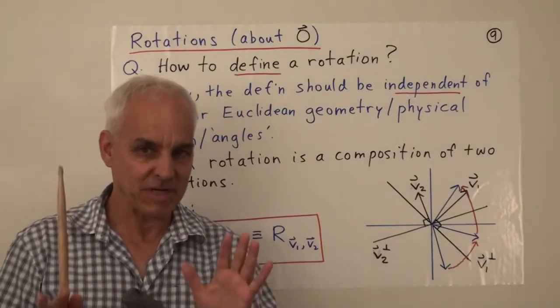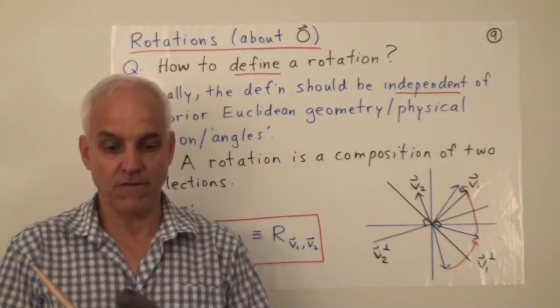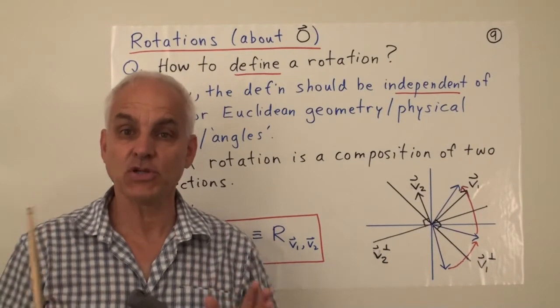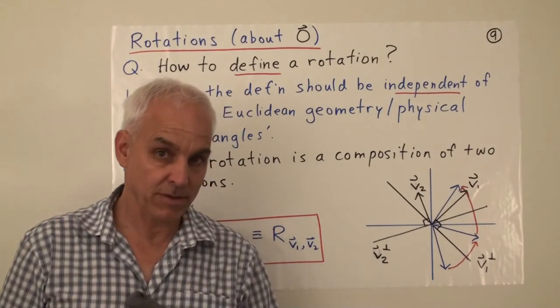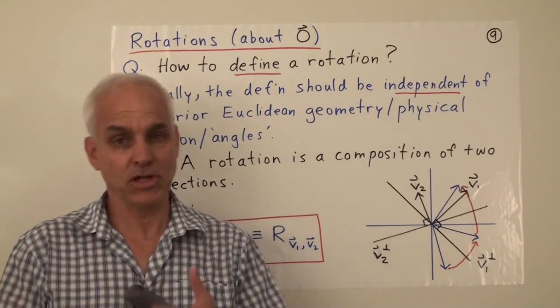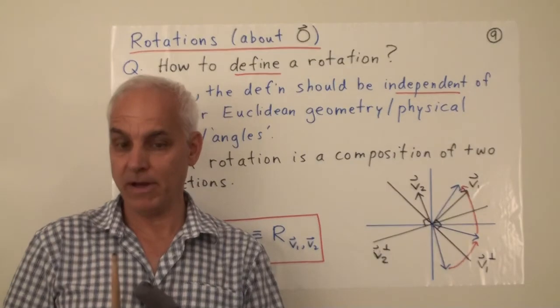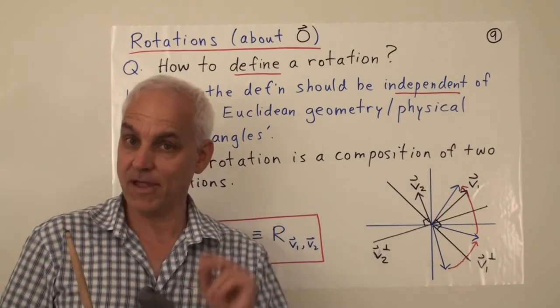Great. So we have some experience with reflections, which are fundamental kinds of linear transformations associated to metrical structure. In other words, to Euclidean geometry. Now we're going to introduce rotations, which are usually maybe sometimes considered a bit more fundamental. Our point of view is going to be that rotations are a little bit less fundamental than reflections.